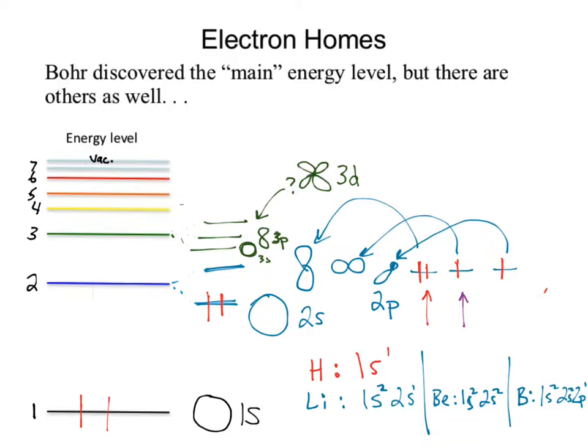What happens after neon? We now move from neon to sodium. Sodium was part of which block? The S block. Which means if we were going to look at its outermost electrons, it's going to fill S1. Which energy level? Why did you say 3? It's in the third